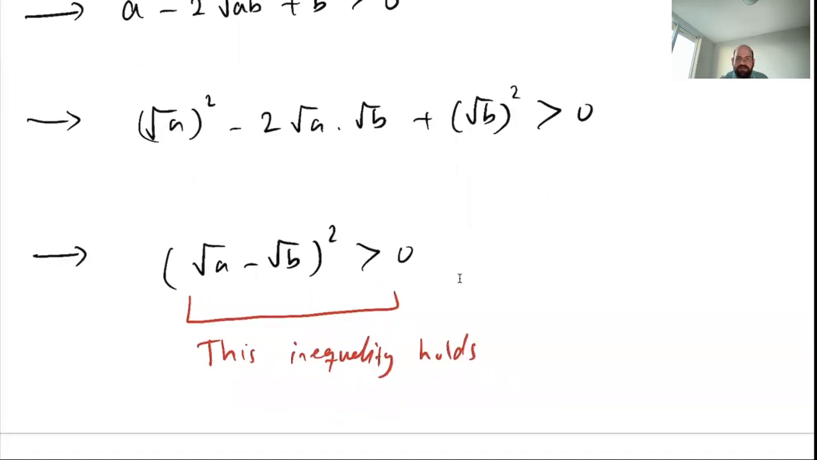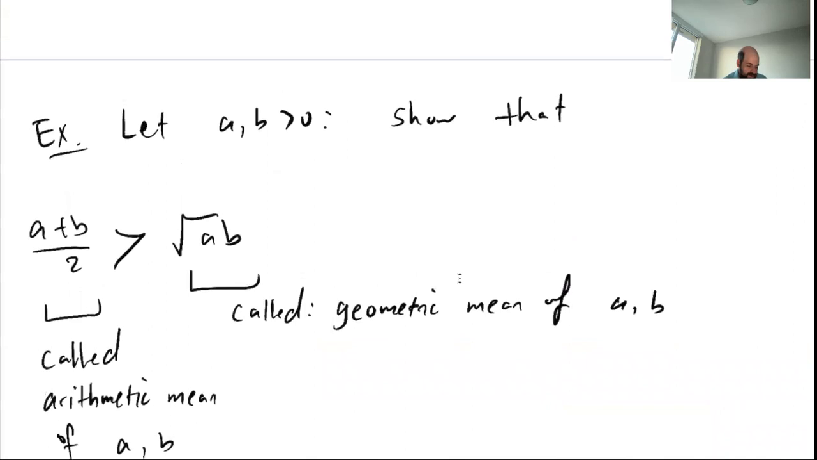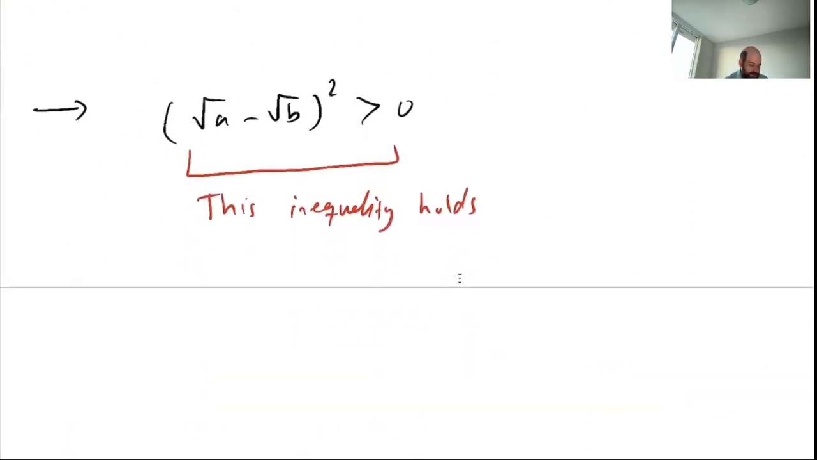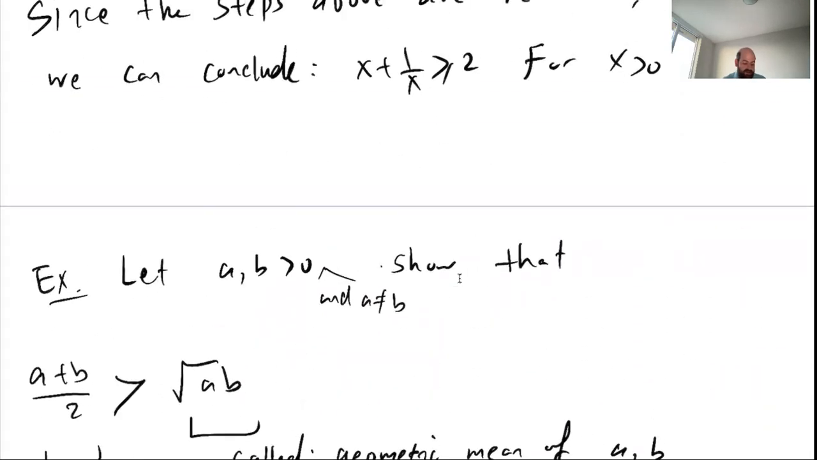So here, let's also assume that a and b are positive and not equal to each other. So let a and b be positive with a not equal to b, and we want to show this. So this inequality holds since, let's say I set x equals root a minus root b, which is not equal to 0, because a is not equal to b, right? So I have to add the assumption that a is not equal to b,